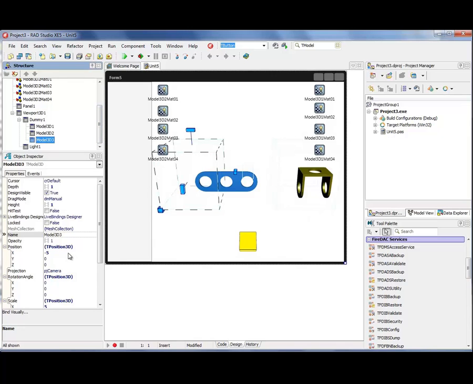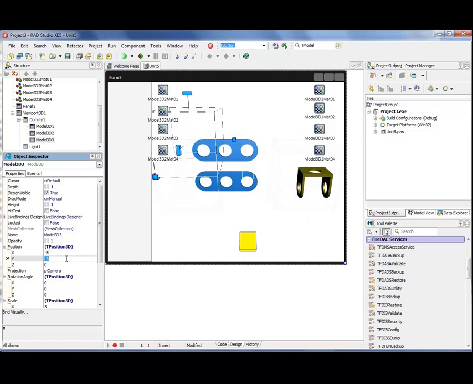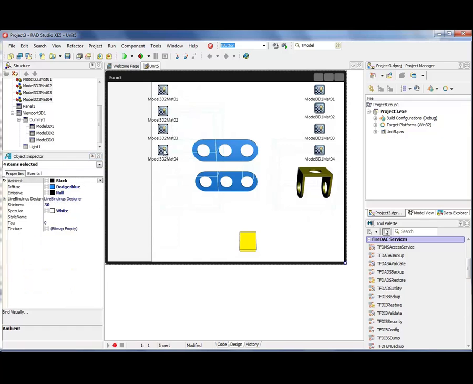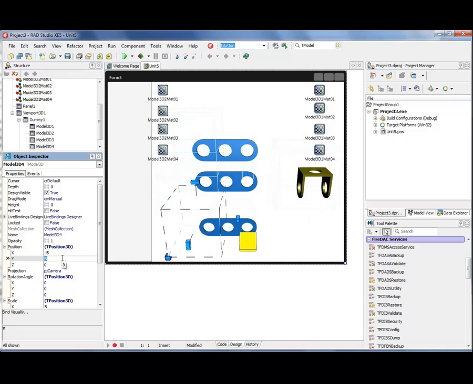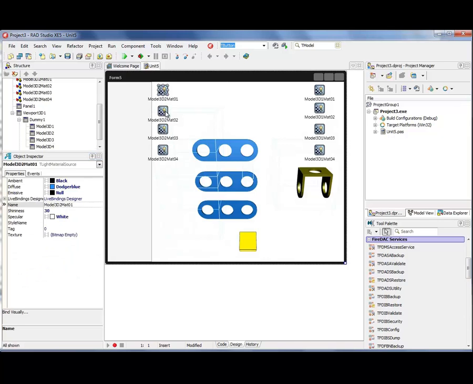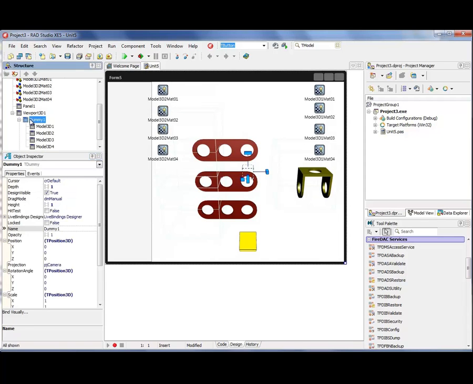We can change their position, for example, -3, and in this case we have two models and the same set of materials. Then we can once again add another model at 5 or 3 on the y coordinate. If we change the materials, all the three models will change the color simultaneously.